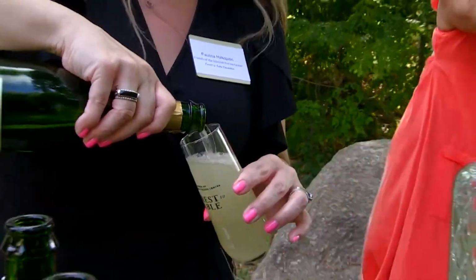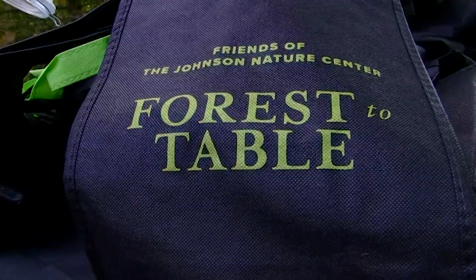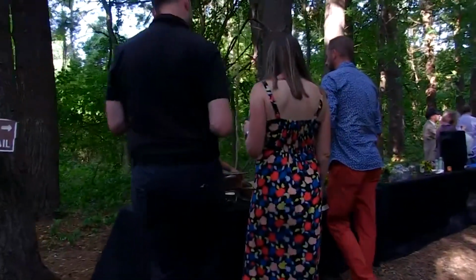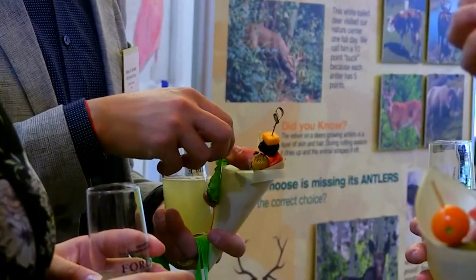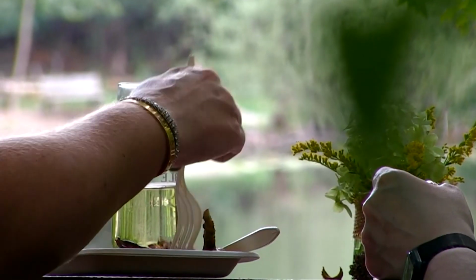The Johnson Nature Center contacted me about doing an event with invasive species. They wanted to do something a little creative that would be a benefit to not only the local community, but Michigan and the food scene in general, and to provide an educational experience for everybody who is coming out to not only have food that is flavorful and tasty, but something that people don't realize is readily available around them and